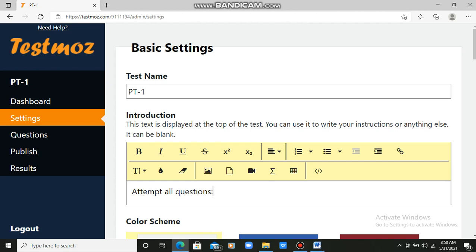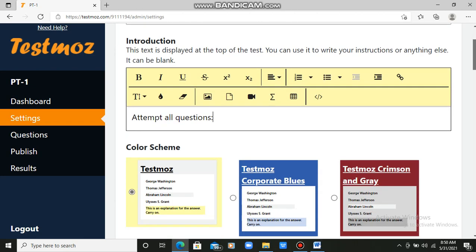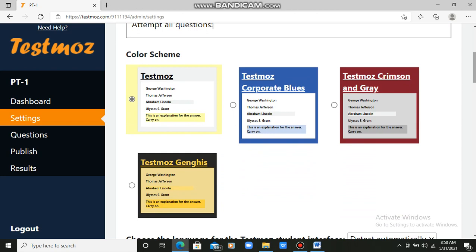Now moving down, here we can select the color schemes. Suppose we want our text to appear in this red color, which is the background of the text. So we can select different color schemes, meaning we can set the background of our text and it will appear like this. Okay, so you have to select. Suppose I select this Test Mode Ganges option, so I'll be clicking here.